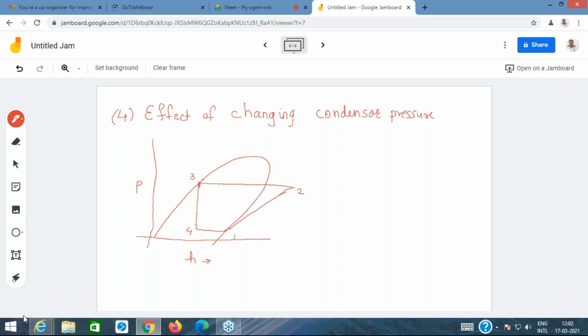And the new cycle is when you change the pressure to a higher pressure. Let us suppose this is the new pressure. So this would be a new point 2. Let me call this 2 dash. So if you have a 2 dash, then you would have a new 3 dash because this is a constant pressure line. And then to draw a vertical from this, you'll have a new 4 dash.